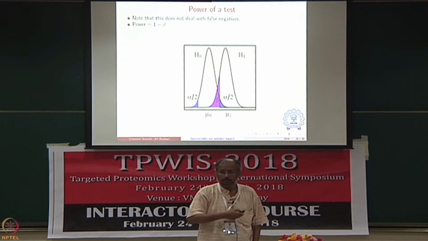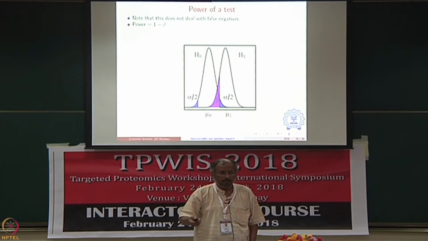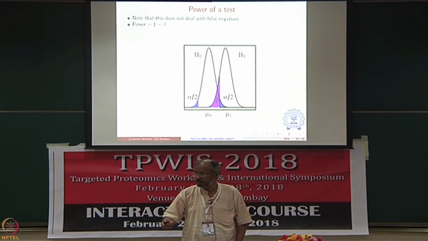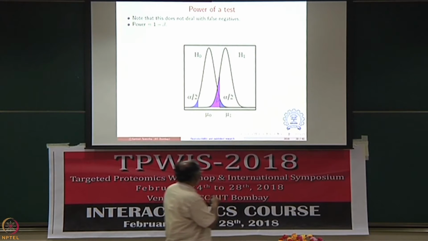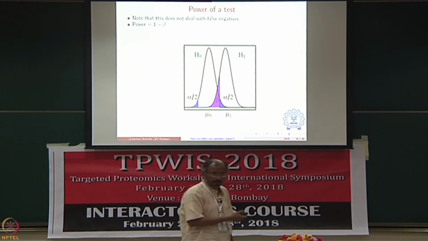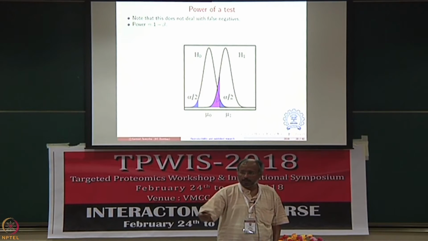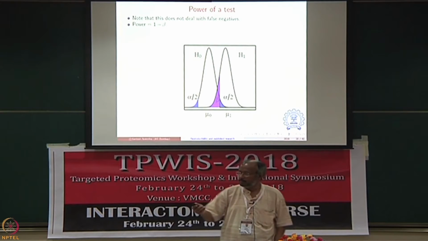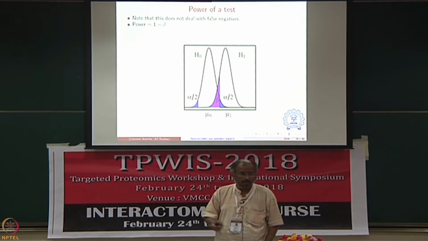What they are not telling me, therefore, is the probability that they got the analysis wrong the other way around. While they are telling me that they are confident to within 95%, what they are not telling me is whether this was so bad that this was 20% or 30% or 40%, the purple area. If one of these values is greater than 10%, your study, your analysis is already in trouble. So, both alpha and beta, both these shaded areas, cannot be large because they are both errors in your interpretation.